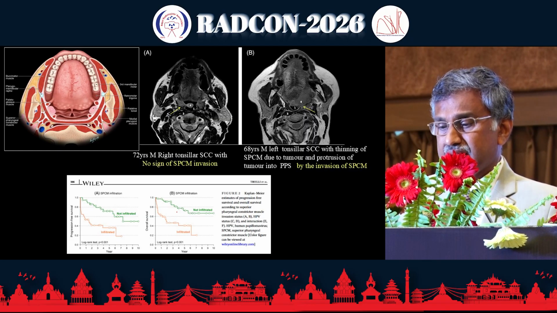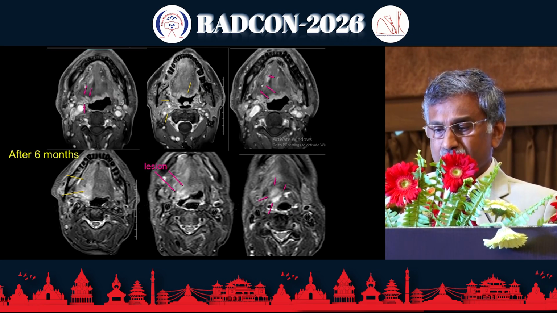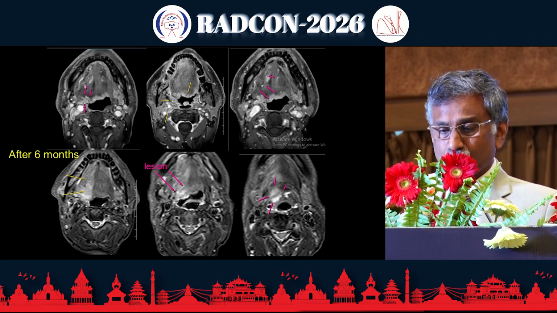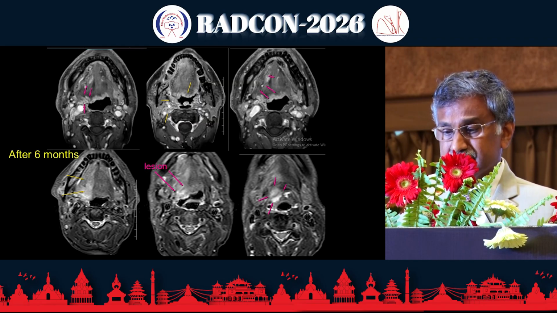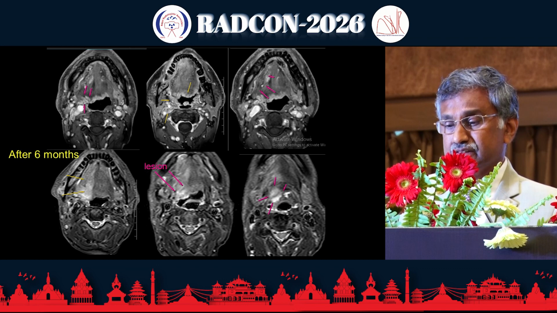Here look at this normal area and the superior constrictor involvement here. This is a patient with lingual tonsil involvement with early changes, and this can easily be mistaken for normal areas. After 6 months, this patient has extension into the tongue muscle and intrinsic tongue muscle involvement, and the lesion involves the hard palate and soft palate, with necrotic areas. Slowly, after 6 months, it extends perineurally into the foramen ovale and goes intracranially.